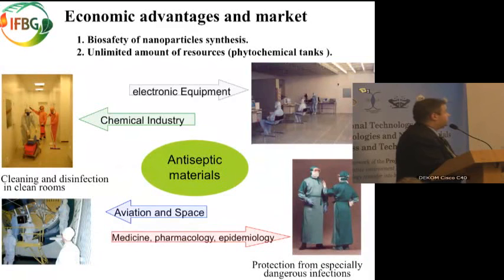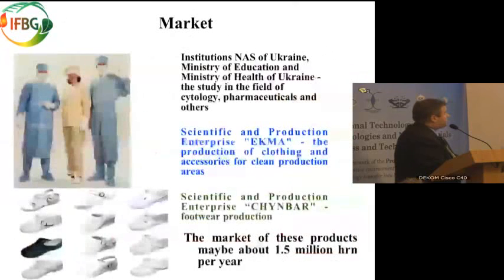Now as for the market, where can it be used? Nanoparticles of gold and silver had been used for many years as antiseptics, so this is the potential market. Also, these particles can be used by institutions part of National Academy of Sciences, the Ministry of Health, some pharmaceutical companies, and we also have an example of a cooperation with company ECMA, which deals in making clothing elements and accessories